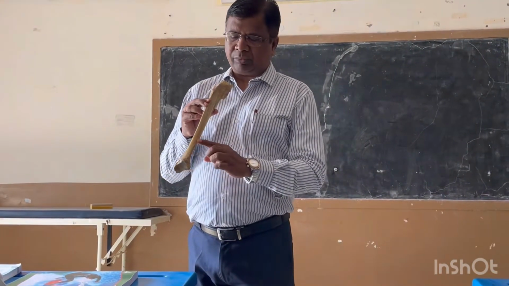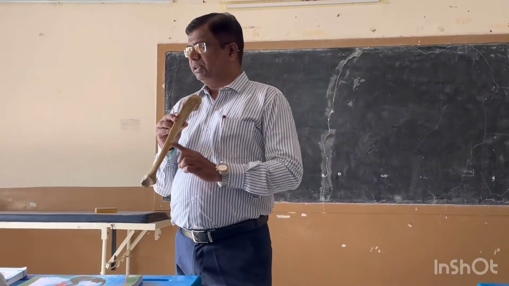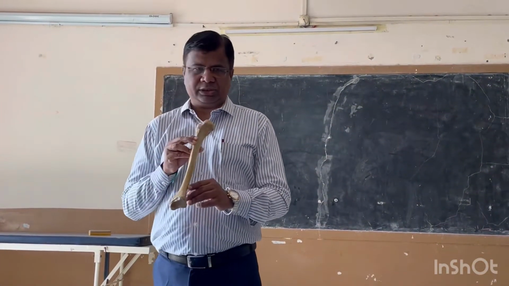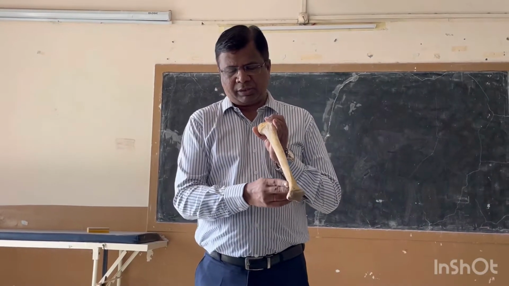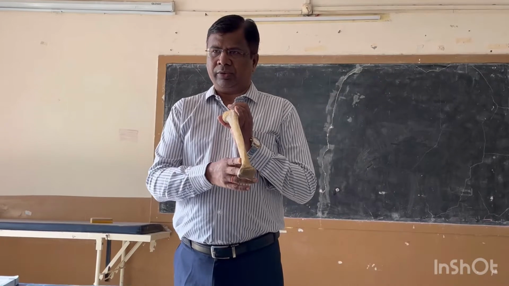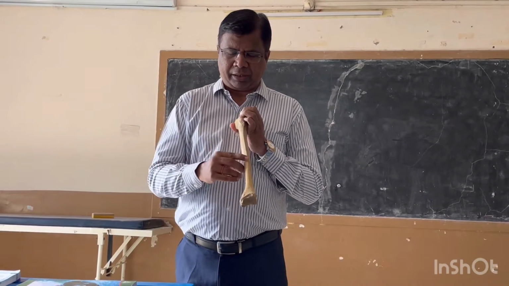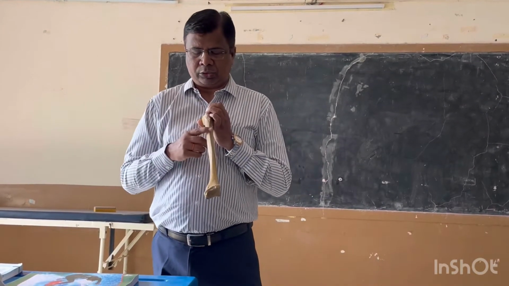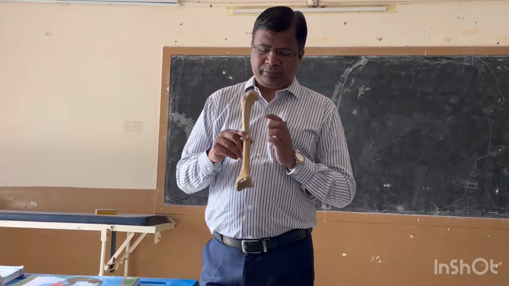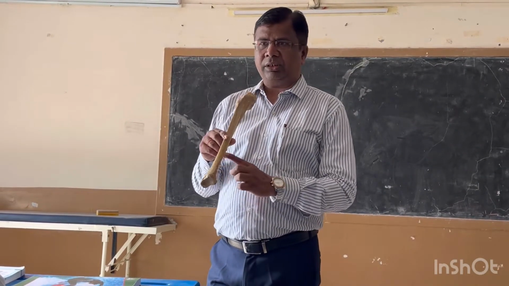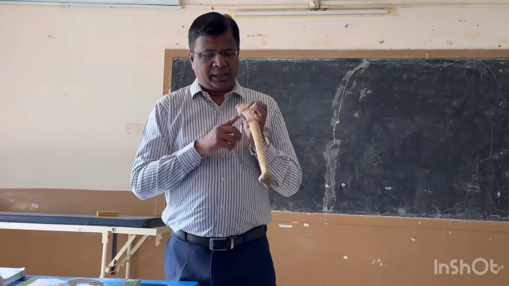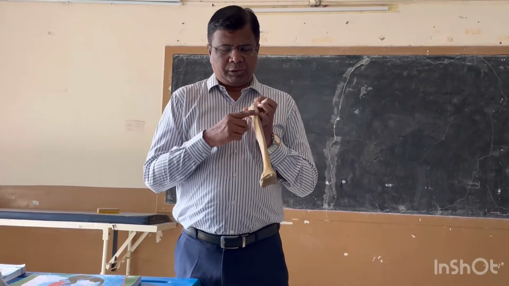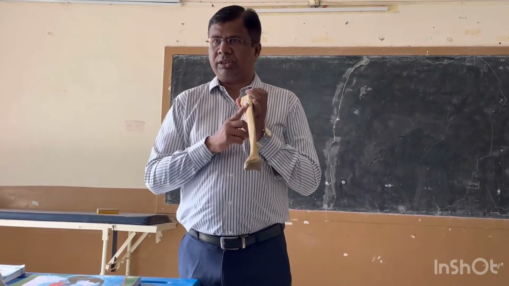Then there is another sharp border here on the lateral side. This is also called the interosseous border, because this is going to lie between the tibia and the fibula. So this is the lateral border, and then you can trace this medial malleolus upwards, and this will form the medial border. So the three borders of the shaft: this is the sharp anterior border which is going to be straight in the upper part. It is going to curve towards the medial malleolus in the lower part. This is called the shin of the tibia. Then you have another sharp border here, which is the interosseous border or the lateral border, and the medial border. Clear? In between these three borders, you have three surfaces. Between the anterior border and the medial border is the medial surface.